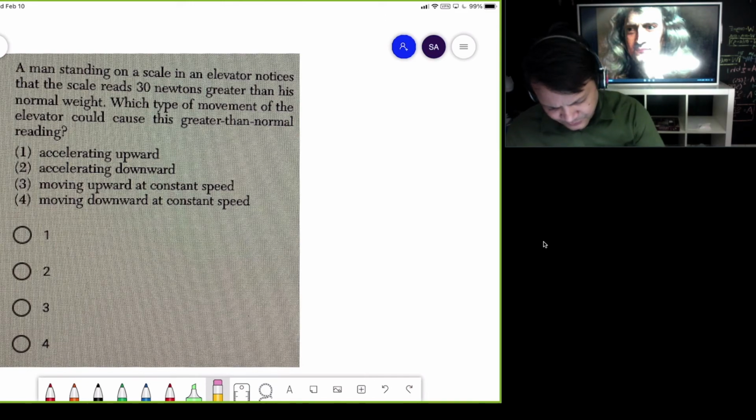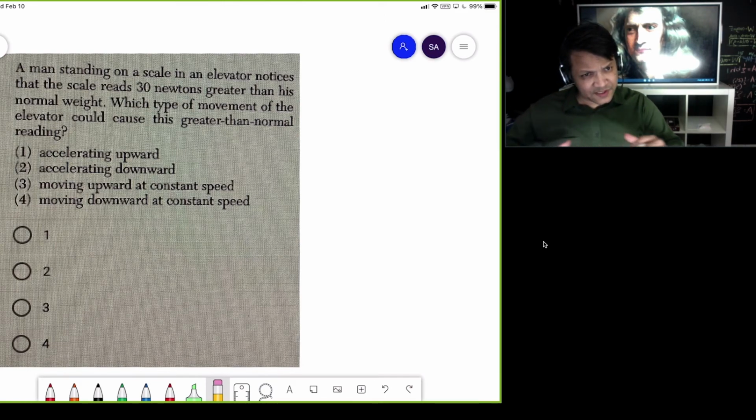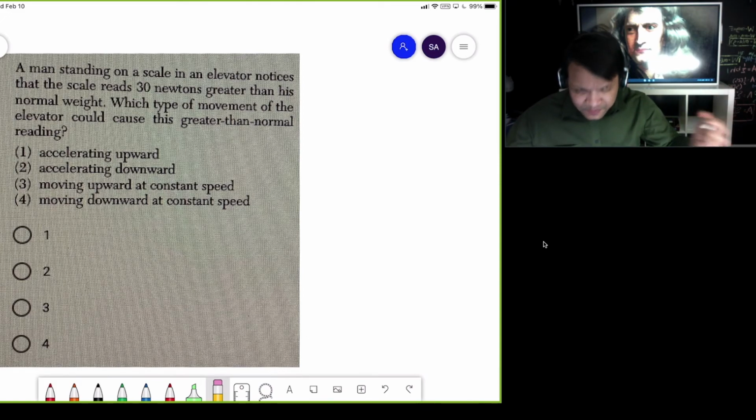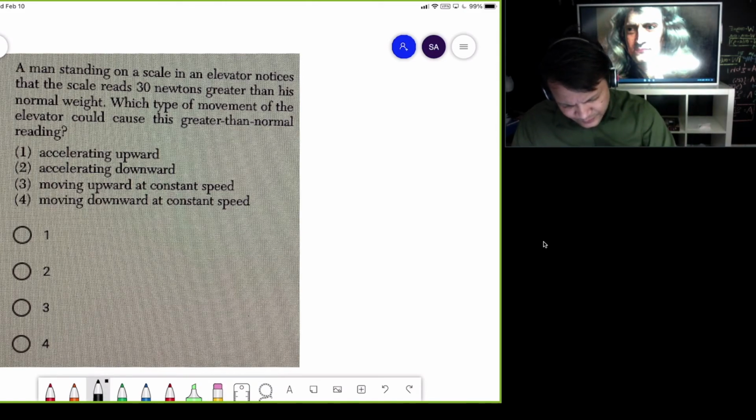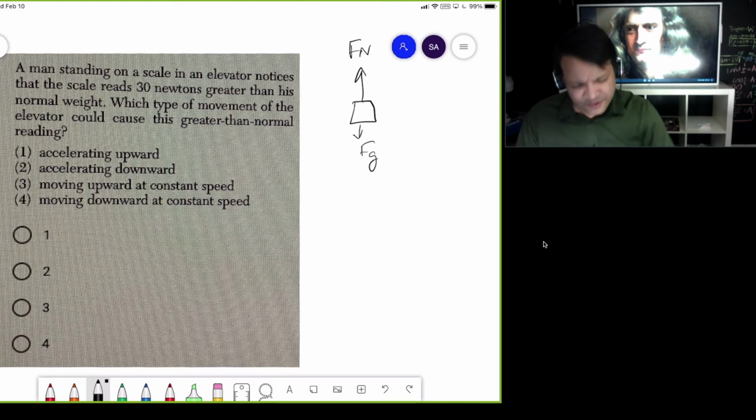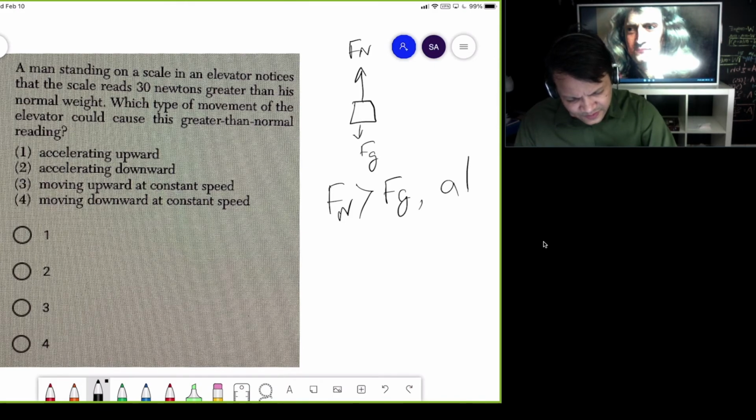The first problem: a person is standing on the scale inside the elevator, and the scale reads 30 Newton more. What does that mean? That means the elevator must be accelerating up. This is the typical case where the normal force is bigger than the weight. The normal force is bigger than the weight because the elevator is accelerating up, and the consequence is